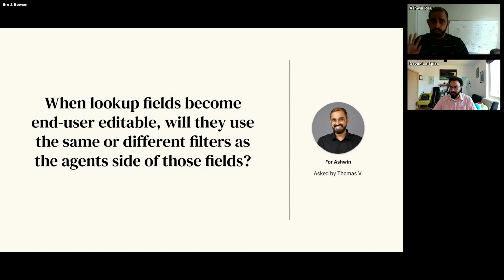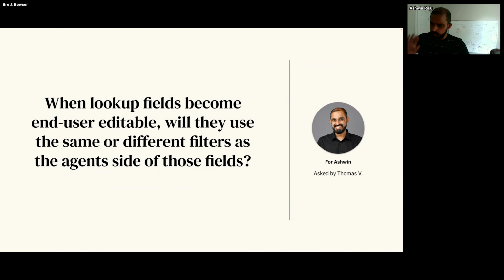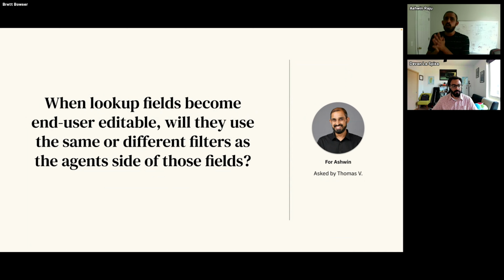As we release the feature right now, you will have the same filters that apply to both end users and agents. However, with dynamic filters, it will work a little differently. For example, if I want to define a filter which says, show me all the devices assigned to the requester, very similar to what I showed, when it comes to Help Center, the requester is the same as the logged in user. So those are things that will be automatically taken care of, even if you are using the same filter. Having said that,